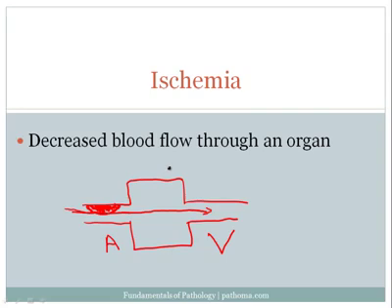For example, when there's atherosclerosis of the coronary artery, that results in angina or episodic chest pain. But we don't need to worry about those details yet. We'll get those later. The idea here is that atherosclerosis of the artery would result in decreased blood flow through that organ. I think we all have that down.